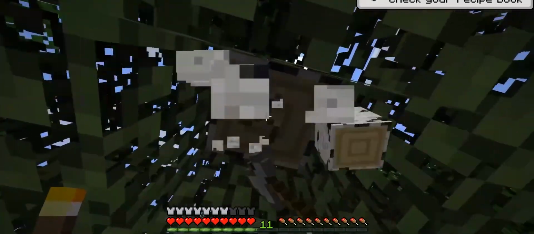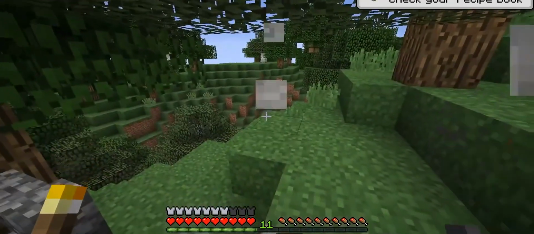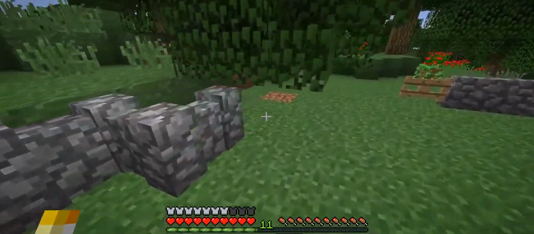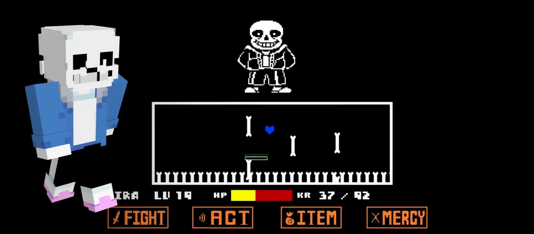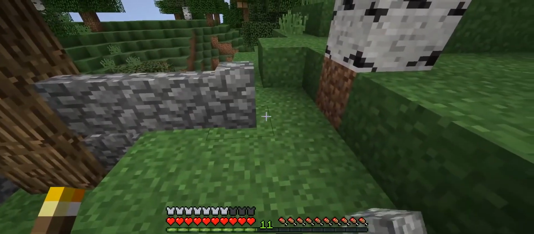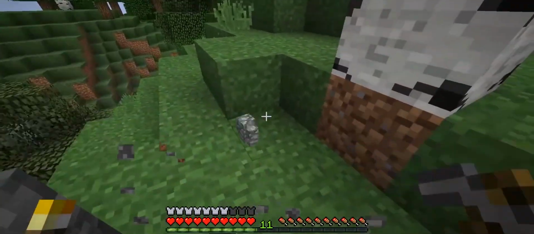And with no new skin trends becoming popular, the already existing ones would keep developing further, with simple cases like skins based on whatever was popular at the time, with skins such as Sans from Undertale, Giga Chad, and even a more modern example, the realistic blue Smurf cat. Another important development would be the evolution of the gamer skin.